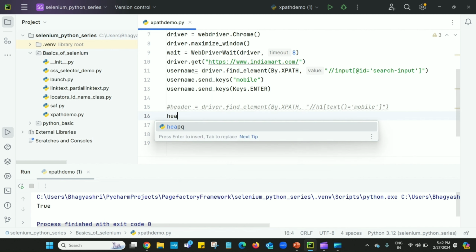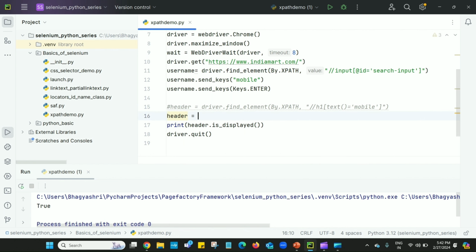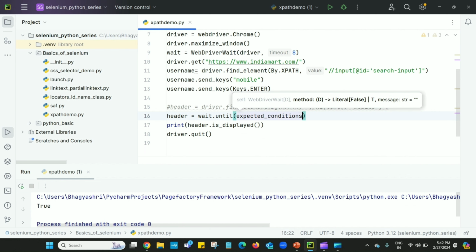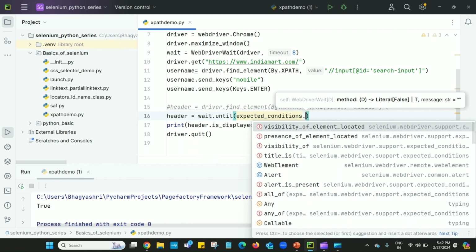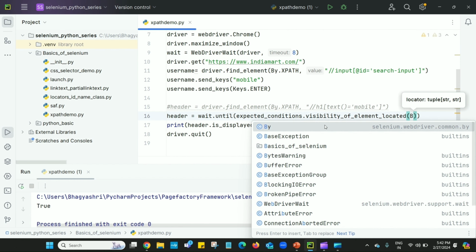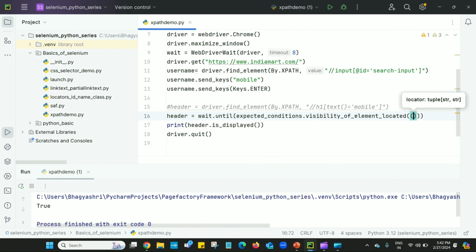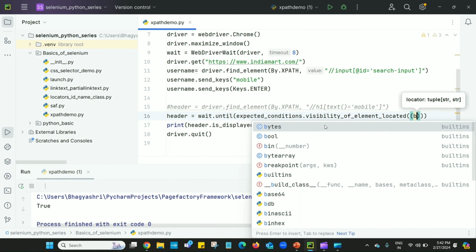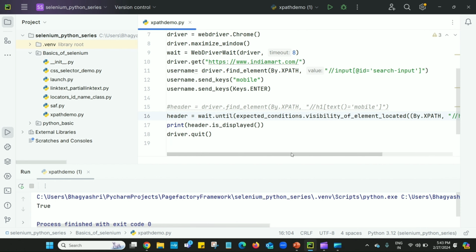Here I will define header is equal to wait, meaning I'm using this variable wait, which is WebDriverWait, dot until, where we can give the conditions. Wait until expected conditions dot, now we can use visibility of element located, and here we can pass By dot XPath. Now execute and check.